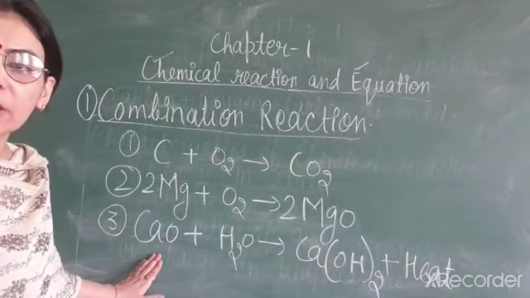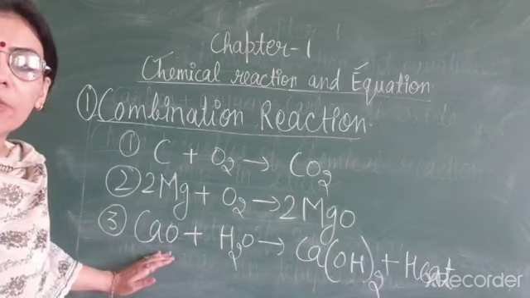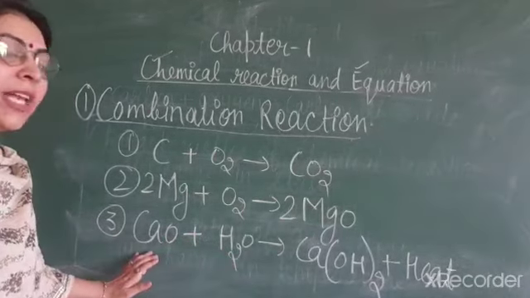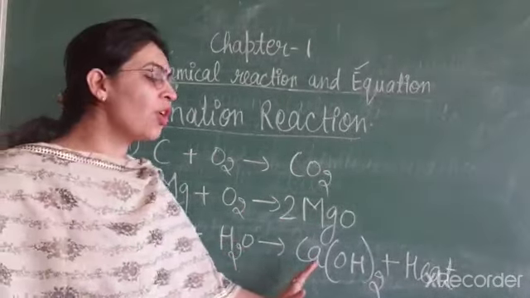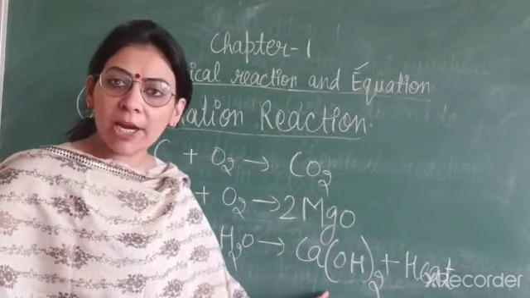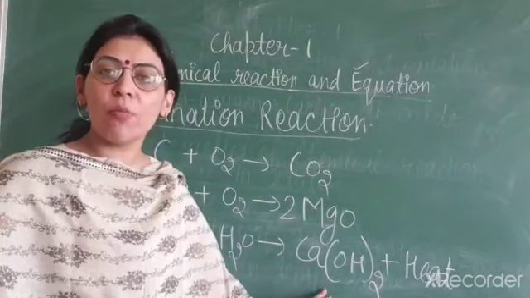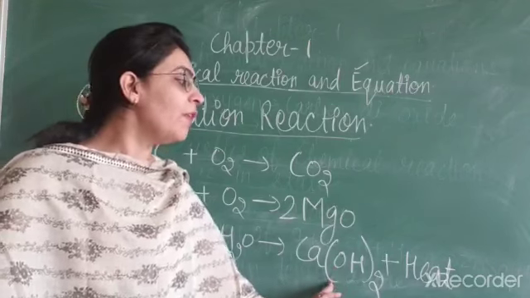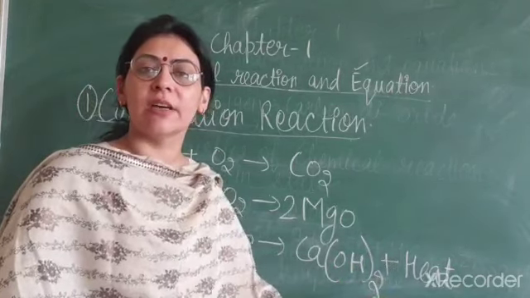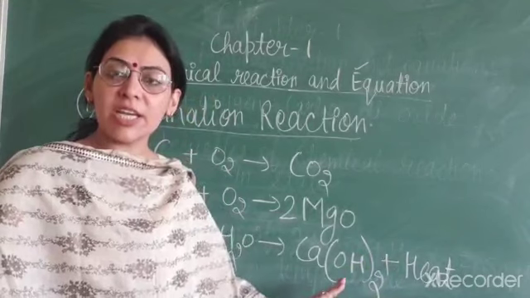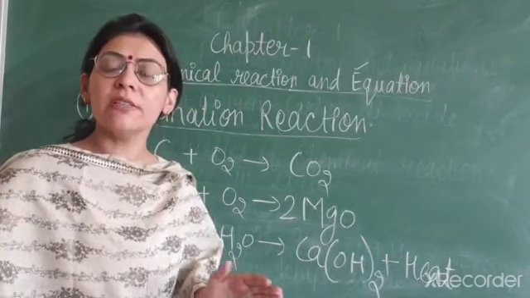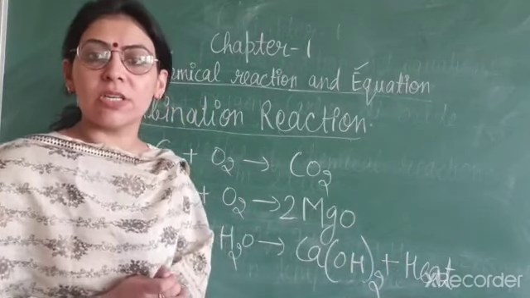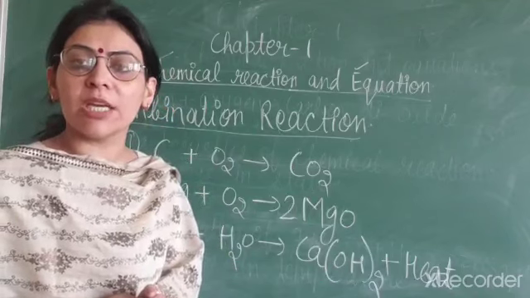Calcium oxide is also called quicklime. When we add the water into the quicklime, it gives rise to the formation of slaked lime or calcium hydroxide. Slaked lime having the formula of Ca(OH)2. With the formation of slaked lime, a lot of heat is released in this reaction. The reaction in which heat is released, these type of reactions are known as exothermic reaction.